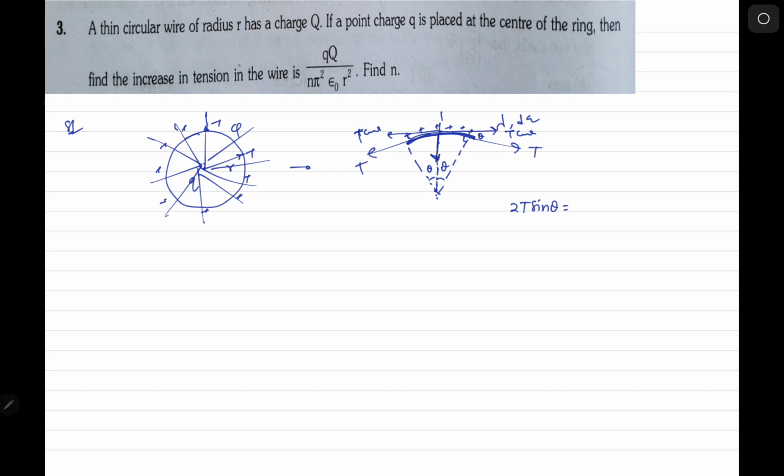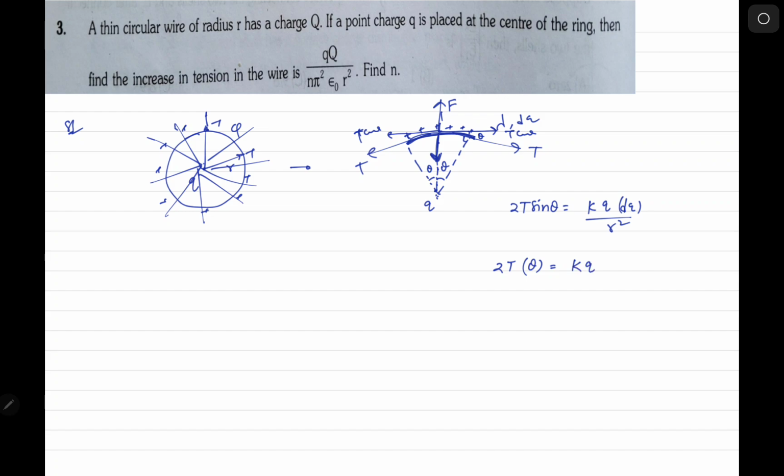There is a q charge placed here, so there will be repulsion between q and dq, and that is k q dq by r square. This repulsion will be this side and this tension is this side, and it is in equilibrium, so net force will be 0. Now let's put the values. 2T, theta is small, so sin theta can be written as theta, equals k q as it is,